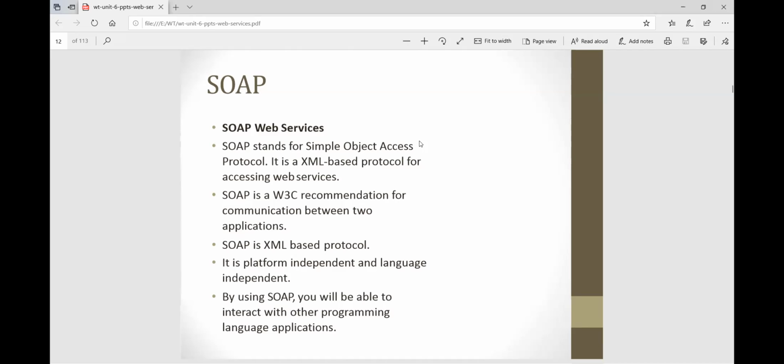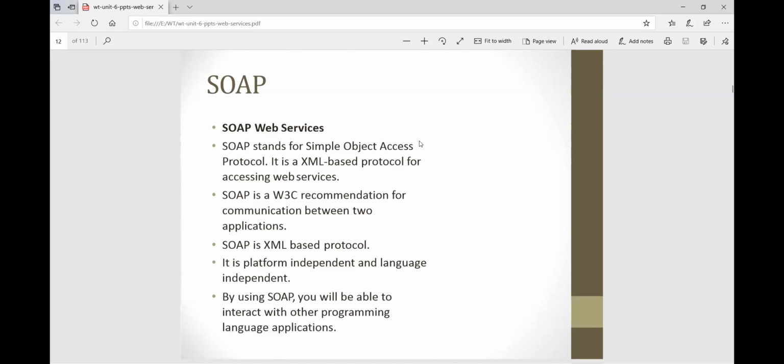SOAP is a W3C recommendation for communication between two applications. A protocol is nothing but the rules and regulations for communicating over the internet. It is platform independent and language independent, meaning it can work easily on any operating system or platform.